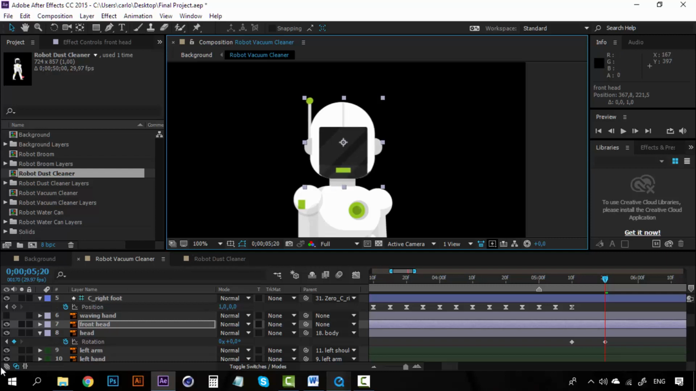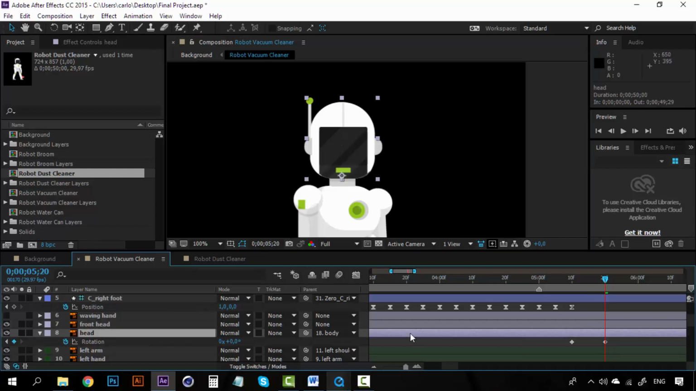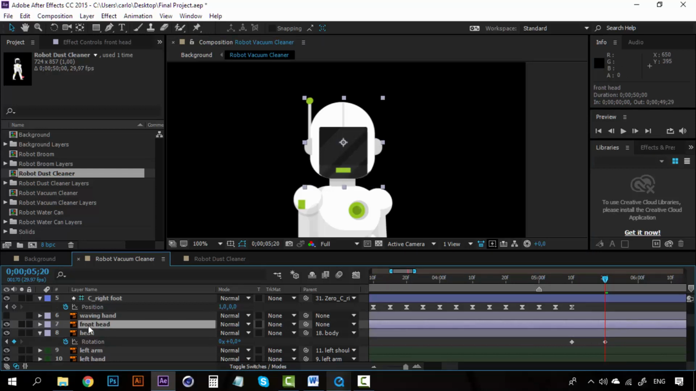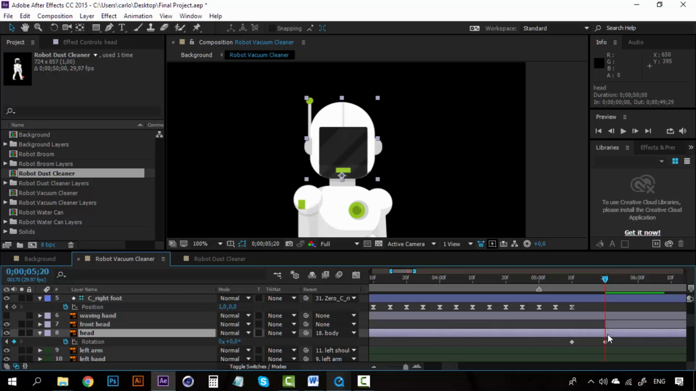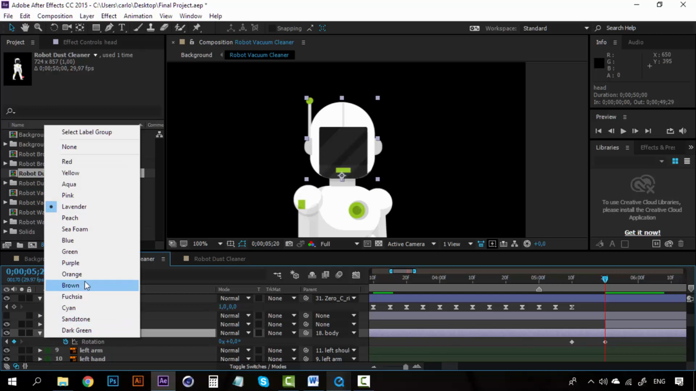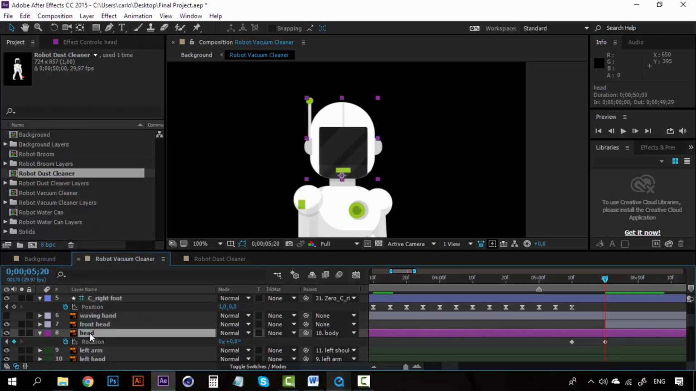Exactly like this. Alright, now this head will appear exactly as the normal head rotates to 0 degrees. So take the front head and with the opening bracket make sure that the layer begins here. And now take the rotating head, the normal head, which is this one. We can create a color for this. Let's make it purple. And with Alt and the closing bracket,